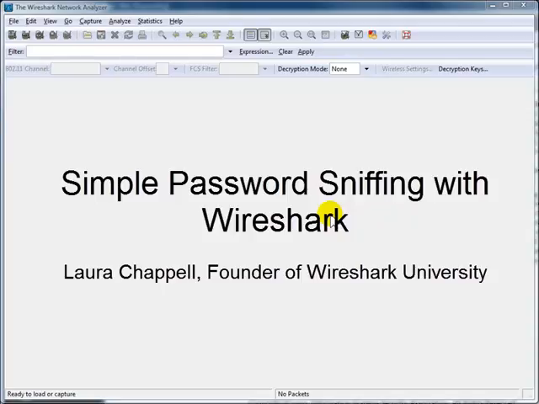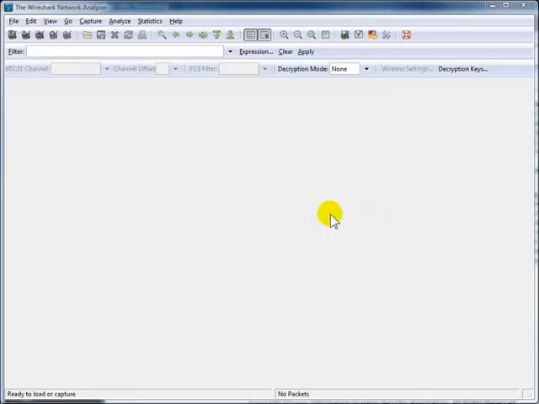And in this video, I want to show you how we can use Wireshark to pick up plain text usernames and passwords from unsecure applications. And I'll be using FTP as my sample unsecure application because by default, FTP will send your username and your password in clear text. So I've set up an FTP server on my network and I'll run FTP off of